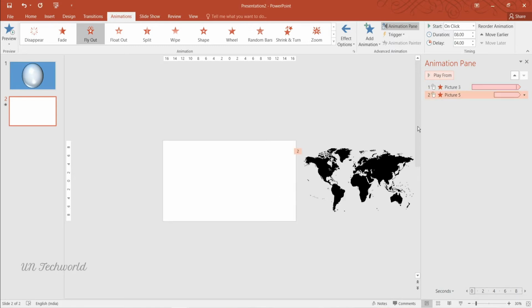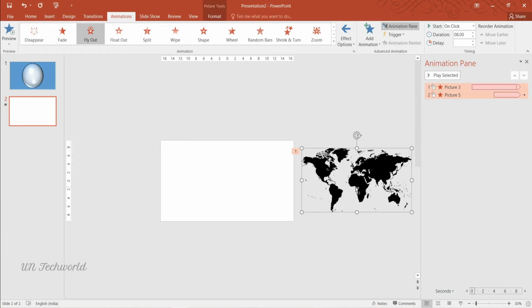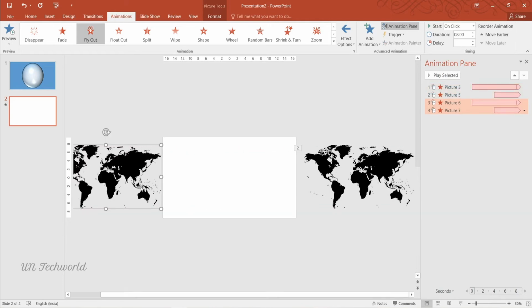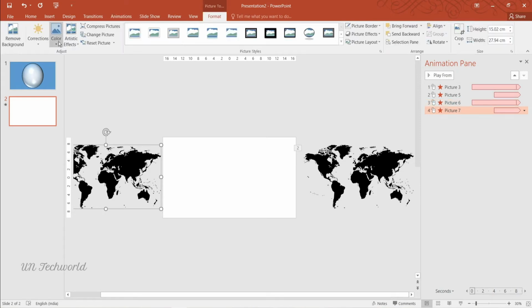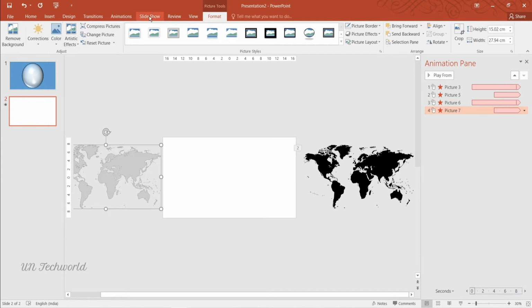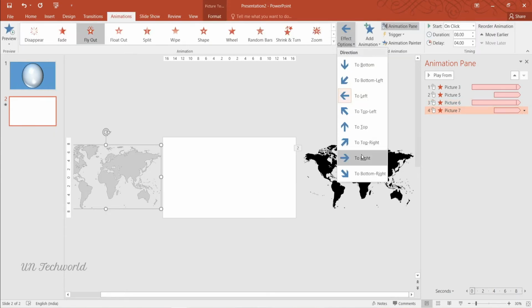So stop the picture. Now you can select everything with Ctrl A and copy by pressing the left key. Now you can copy the same picture on the left side. This time you need to go to Format and select the picture. In Color you can choose Washout, and for the animation, go to Animation and it will be a move to the right.